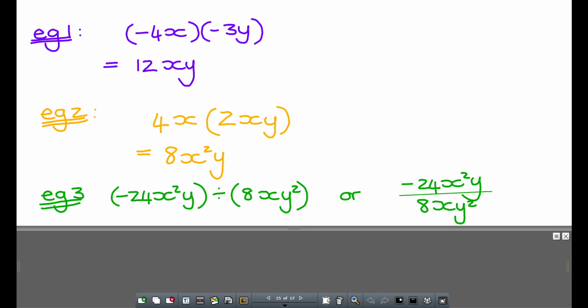Now over here, you could have left it like that, but we sometimes give it to you in the form of a fraction. So I just want to read it from this fraction. So minus 24x squared y, and then this line in between, that one, is actually